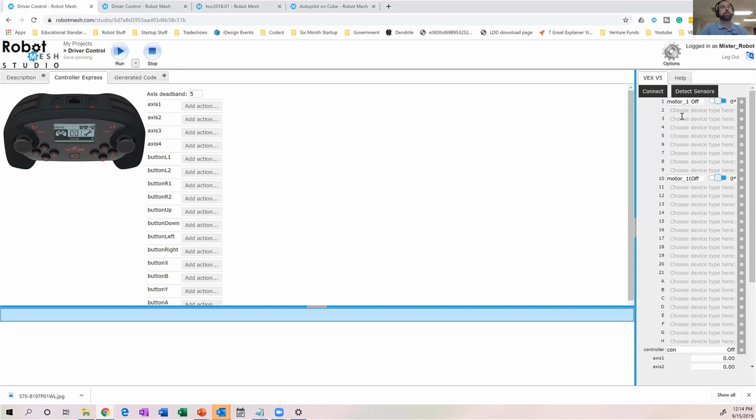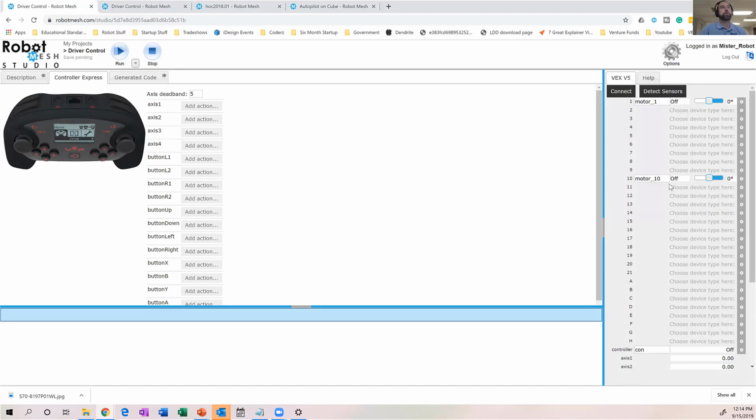In this particular case, the driving base is pretty simple. I just have two motors, a motor on port number 1, and then I have a second motor here on port number 10. Now, from looking at my robot, it might be difficult to tell which motor is plugged into which port. So what I can do is hit this connect button,